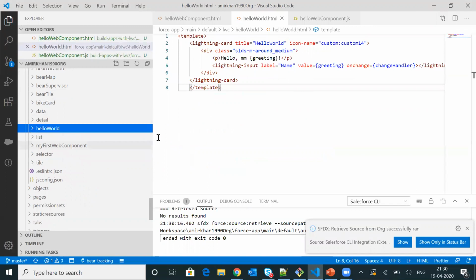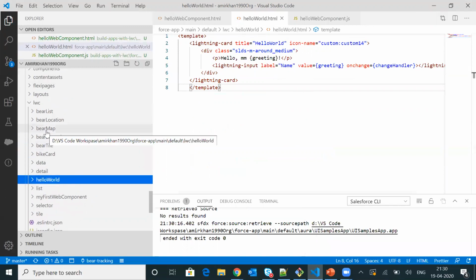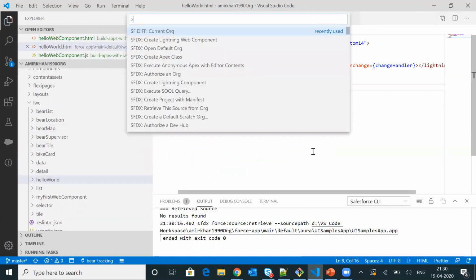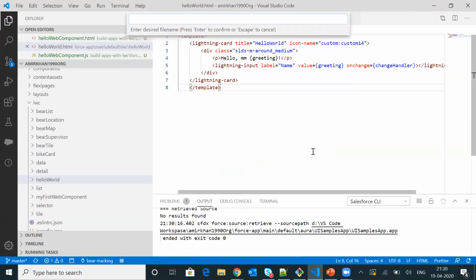All right, so I'm in the LWC folder, and let me create the Lightning web component. Let me name this Lightning web component modern JS LWC.